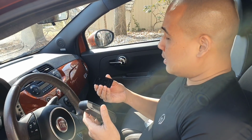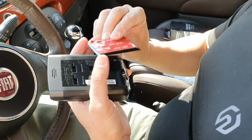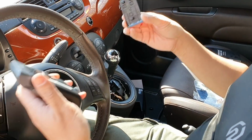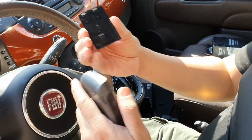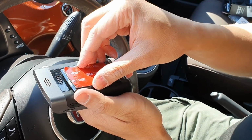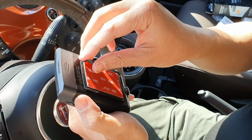And just click it like that, and then it's super easy. For those of you who are not technical, this installation actually is pretty easy. I'm not very technical, so I'm always excited when I see an easy product that I can use for my cars. And you just, okay, this part is gonna be on the top like that, and then you just put it right there, and then slide it, and then get this 3M tape